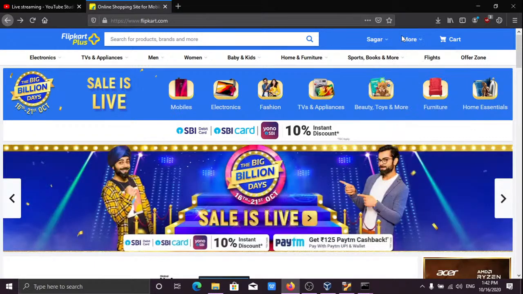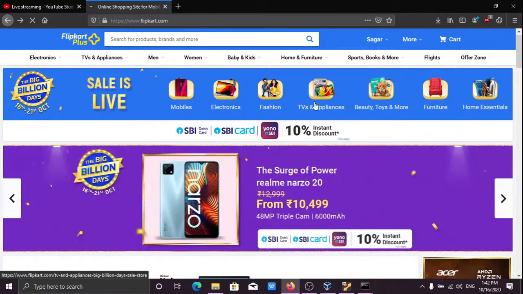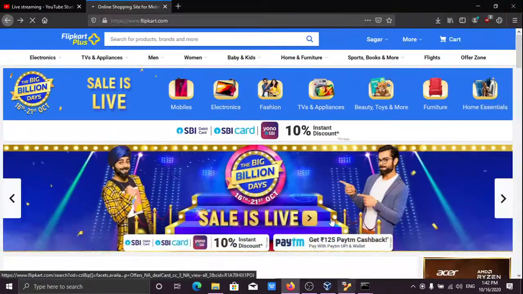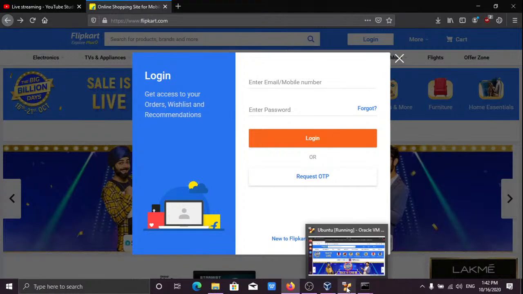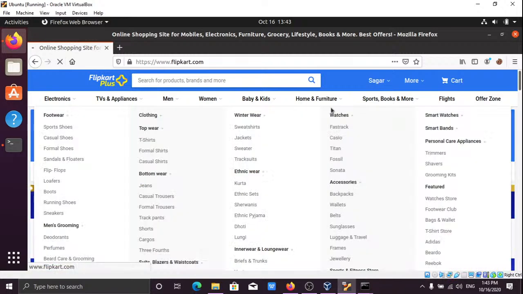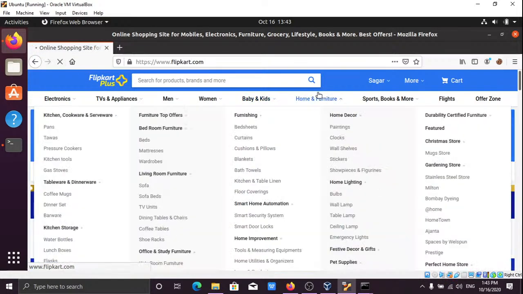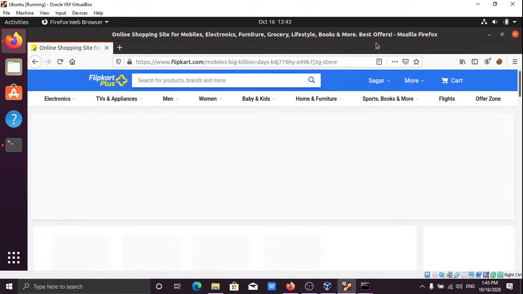Now look at this. If I log out of this web page, let me just give it some time to log out. Okay, so I have logged out of this web page. Now if I go here, I am still logged in, but if I refresh this page, I should not be able to access it again. It's taking a bit longer now. It will take some time. As you can see, I am still inside my profile. So if I go to mobiles,